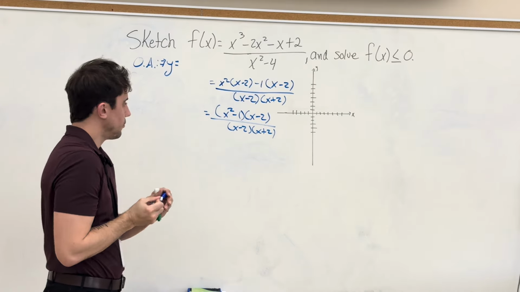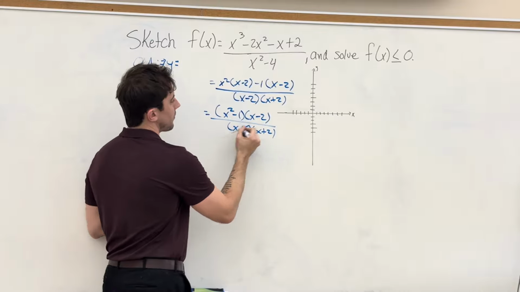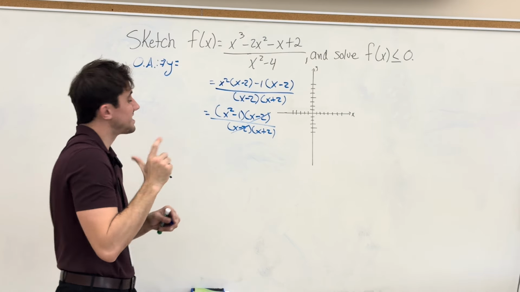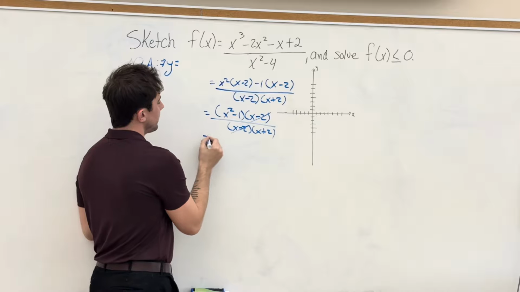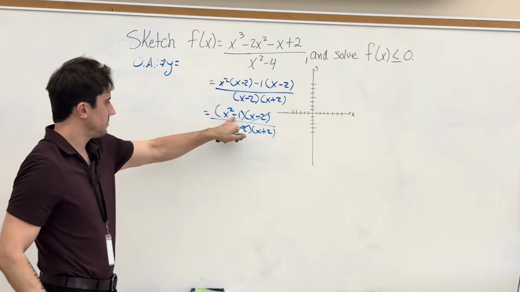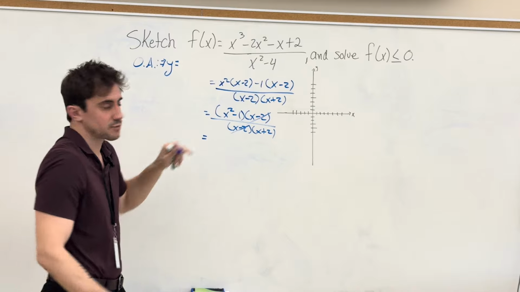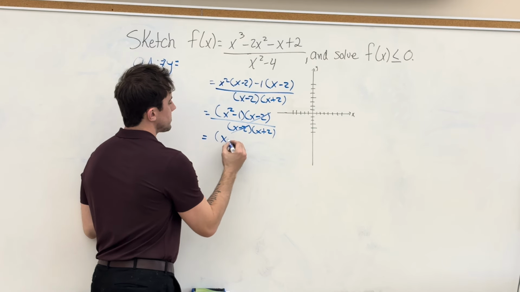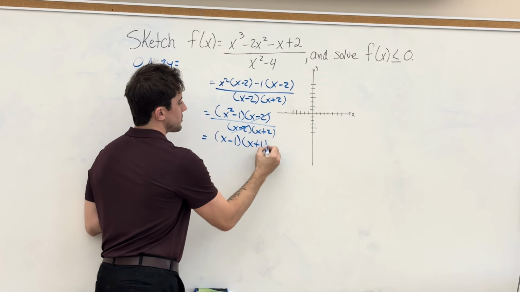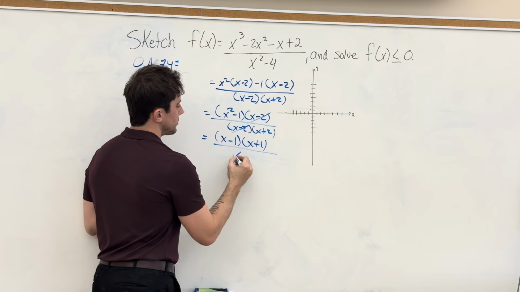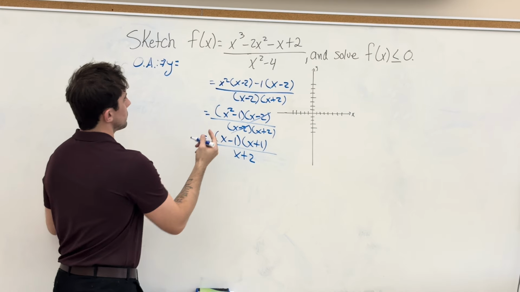And now we can do two steps in one. You can notice that the x minus 2 factor cancels out, and so we can simplify down our expression, and in the same breath, we can finish factoring that difference of squares, x squared minus 1, factors into x minus 1 times x plus 1, and now all we have in the denominator is x plus 2,